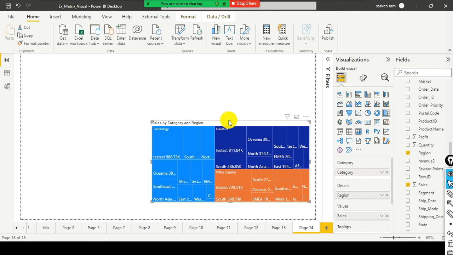So we have seen how powerful the tree map is, and the tree map displays hierarchical data as a set of nested rectangles. Also we understood that with the tree map we can see the composition of a whole when we have multiple components. It is much better than pie charts. That's what we discussed so far. So next